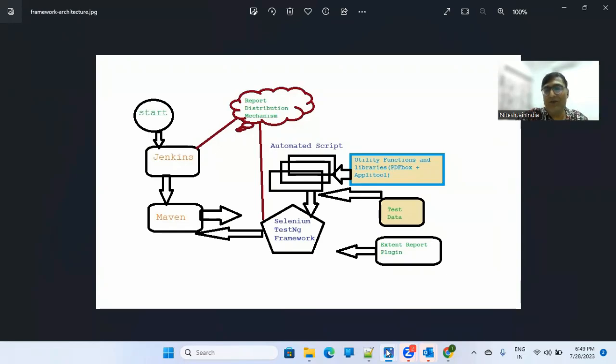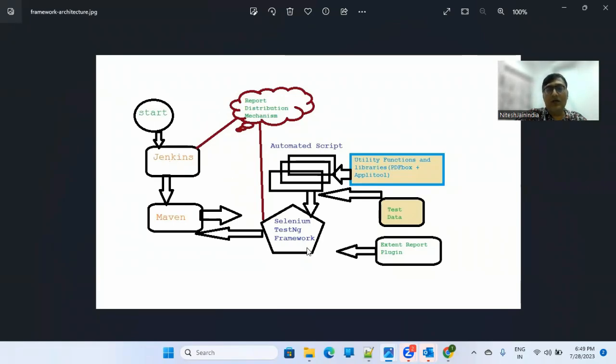So whenever I want to make people understand about my framework, what I generally say is, my framework is big. So don't copy this answer. You have to make your own answer. In the center, basically we are using one Selenium TestNG framework, right? And we are using a Mavenized project, right? We have linked our build life cycle to Jenkins, and we see the reports in Jenkins itself, and we distribute